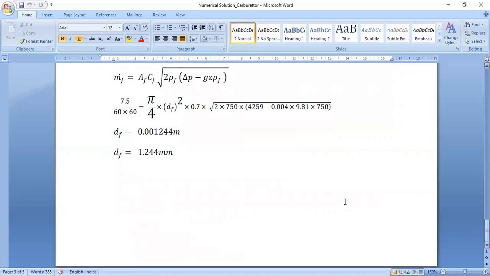So these are the simple numericals related to carburetor. So to solve this type of numerical, first of all, you should have some idea about the theoretical derivations. Now, by using the equation for flow of the fuel, flow of the air, throat velocity, we can